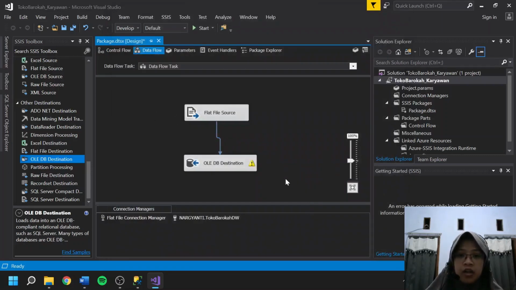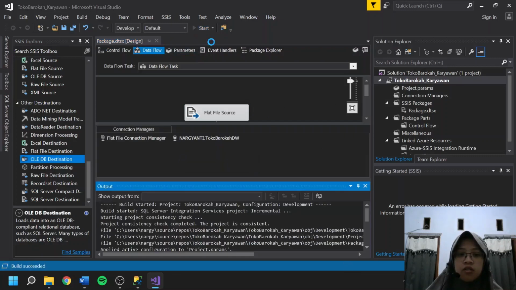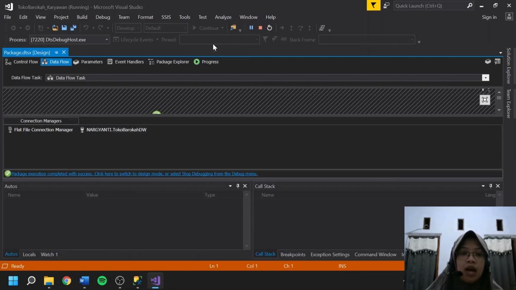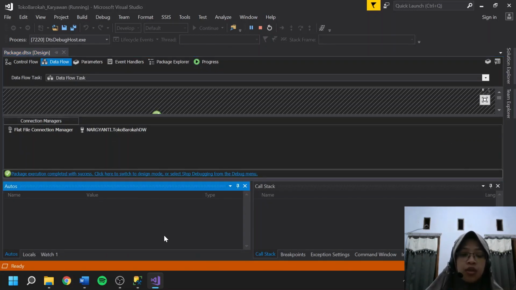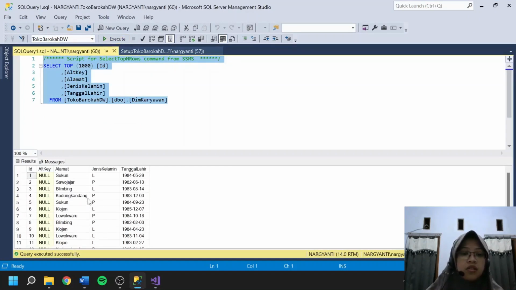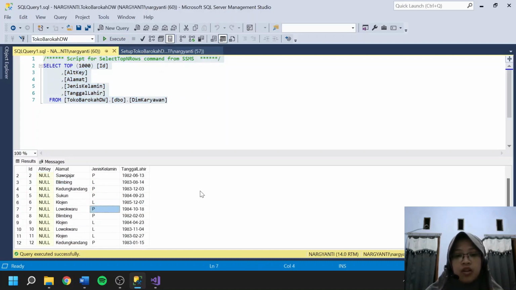So we can run this SSIS package by clicking start. Okay, the package execution completed with success. So we can check this query from the empty data. The data has been imported like this one.